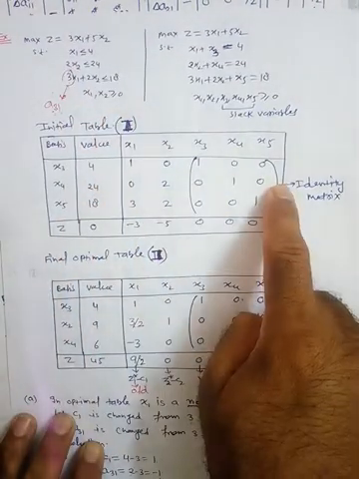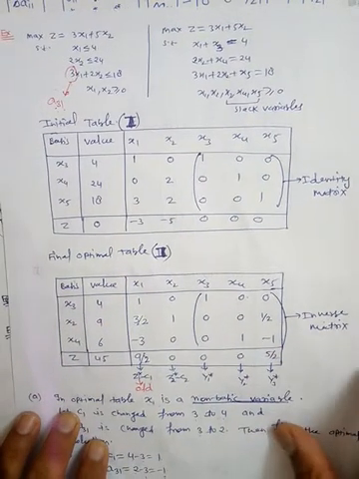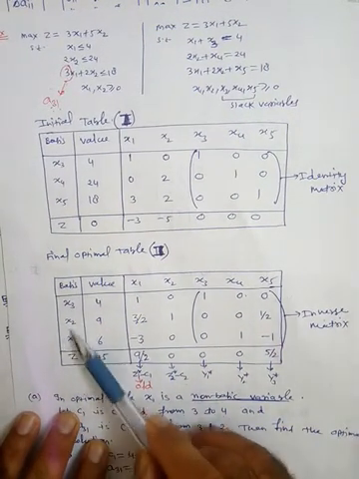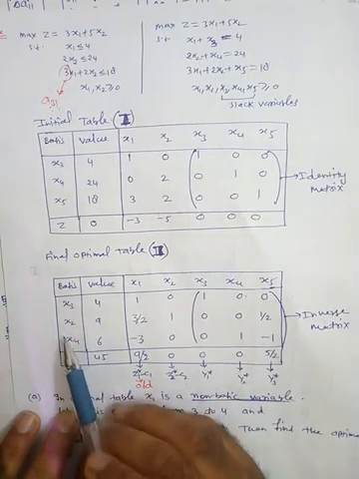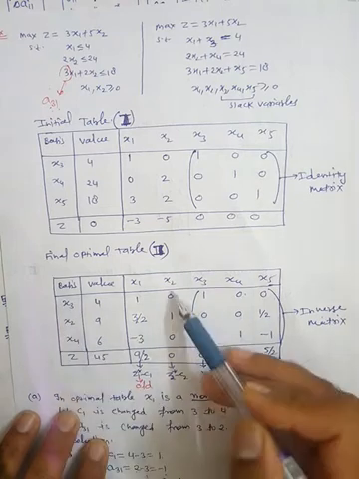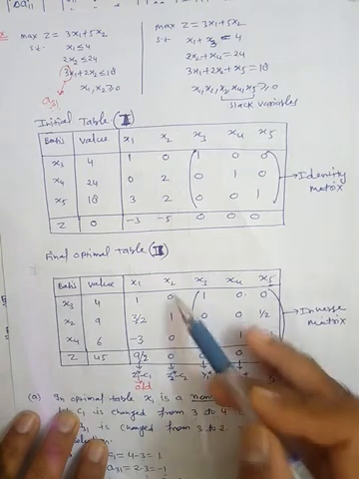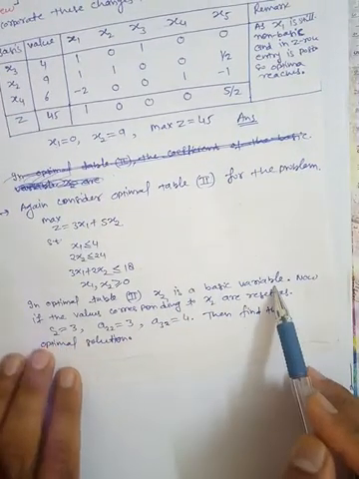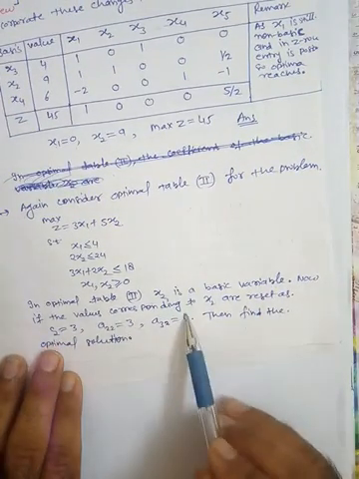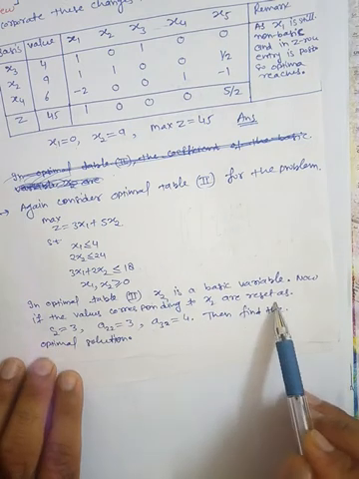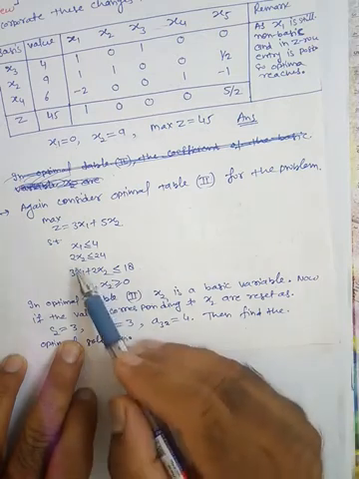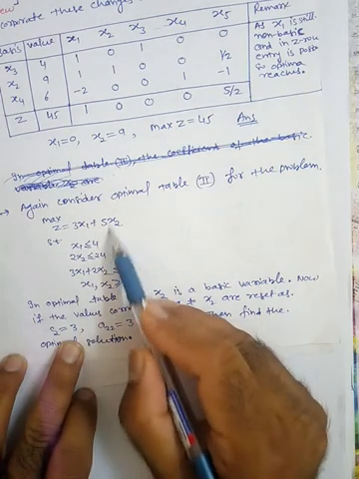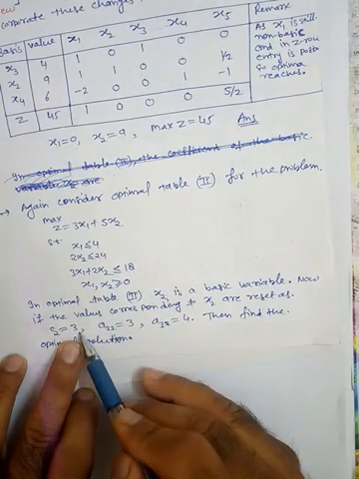This is the initial table, this is the final optimal table, and now here you can see x2 is a basic variable. Fine. So now we will do some changes corresponding to x2, that means in this column. So here x2 is a basic variable. Now if the values corresponding to x2 are reset, C2 is now 3. What is the C2 here? C2 is this 5. Coefficient of this is 5, but the new value is 3.